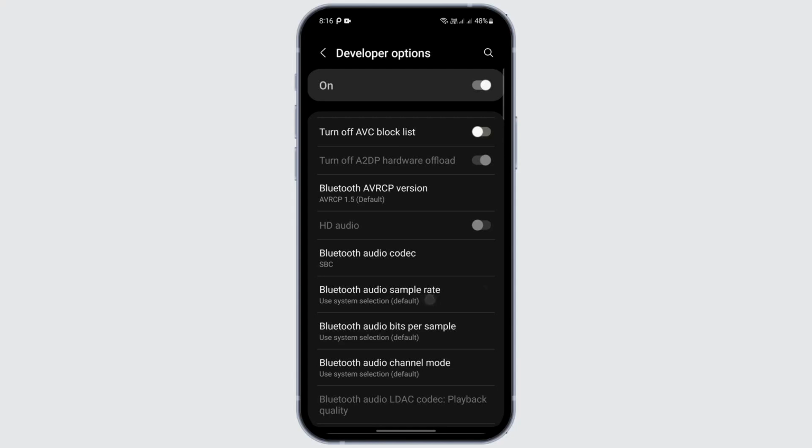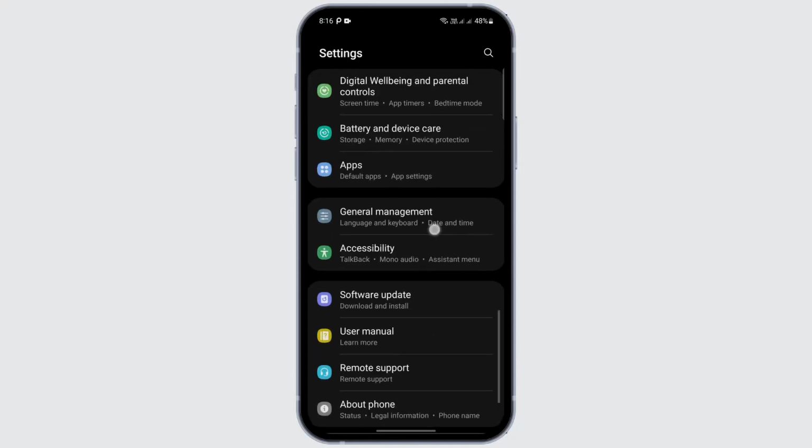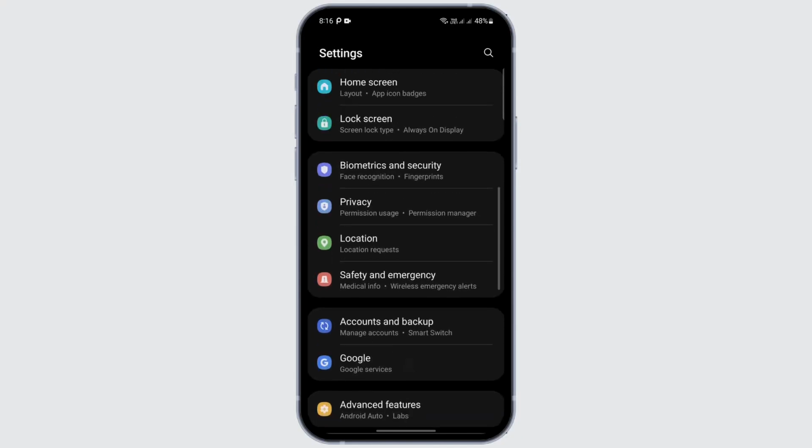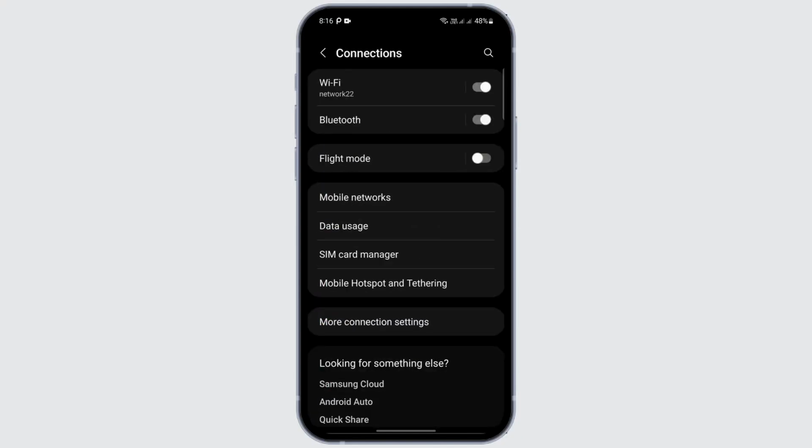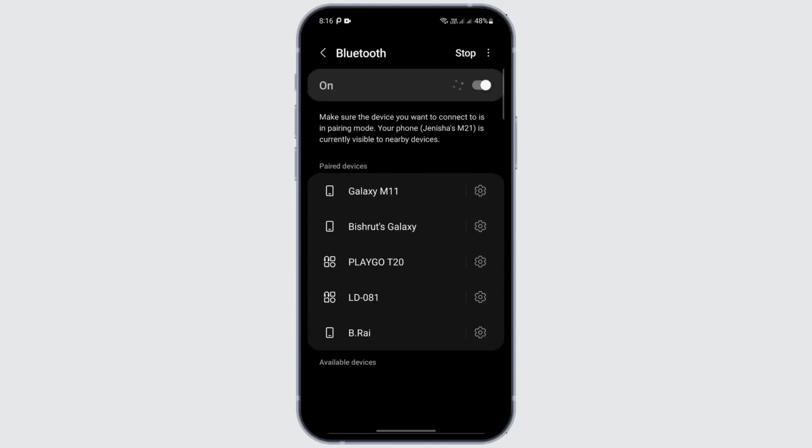After that, go to the main settings again, and this time scroll up a bit and go to Connections. Tap on it and tap on Bluetooth, and here you will be able to see the device that you're paired with. Tap on that device and forget the device. Wait for about 10 to 14 seconds, reset the device and reconnect, and I'm sure that will fix your Bluetooth audio delay issue on Android,